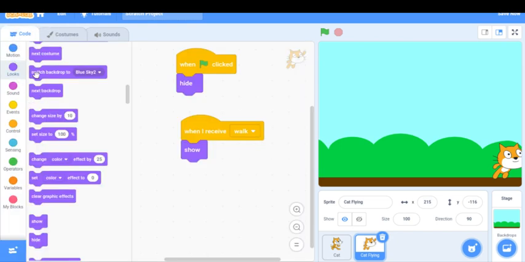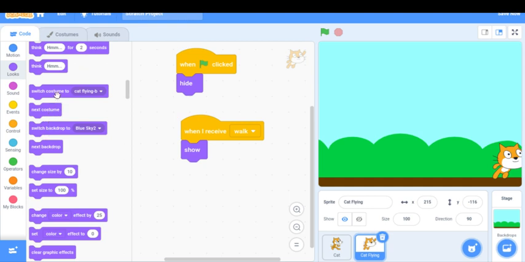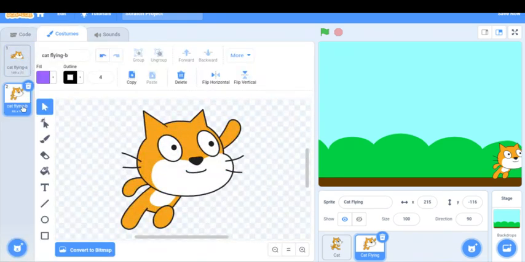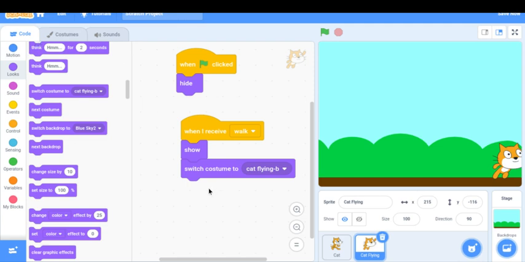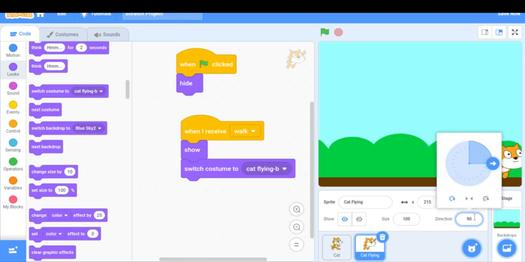So I'm going to go to looks and I say switch costume to cat B. As you can see, the one that looks as if he is going to take off is called flying cat B. So I would say switch costume to flying cat B and then point in direction because he's going to fly back this side. So you can see here we have 90 degrees. 90 degrees faces the other side. But what is negative 90? Negative 90